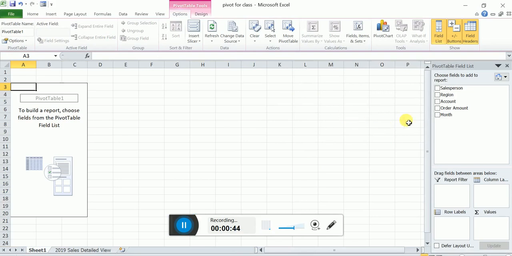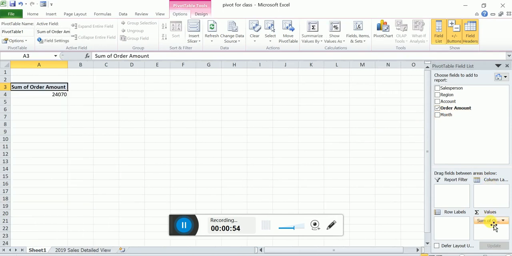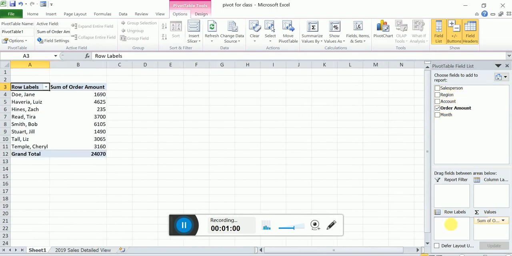Now you have to pick up the items in each and every column. So you can see the value here. So always the value should be in amount, right? And then in the row label you can add the sales representatives or any other variables. So you can see the table here.